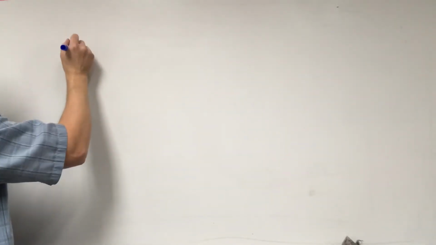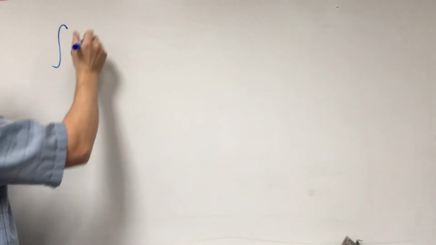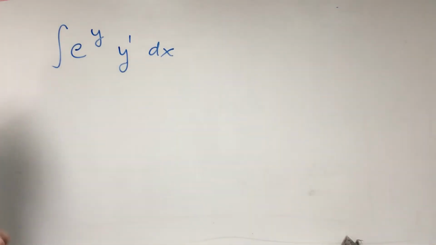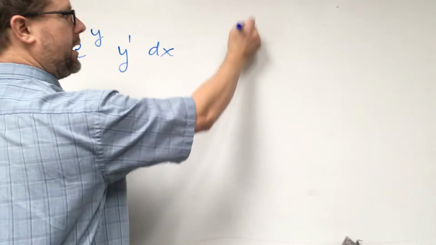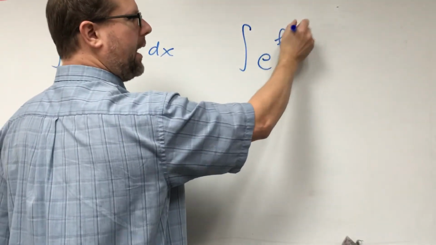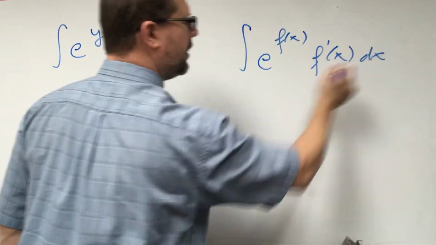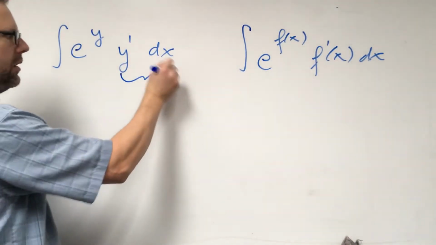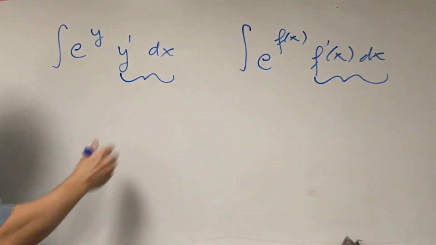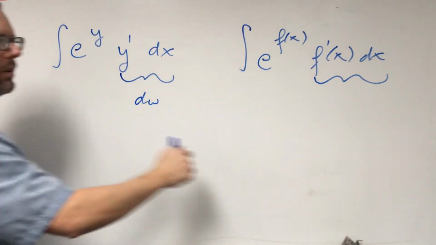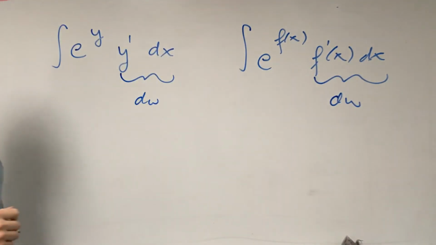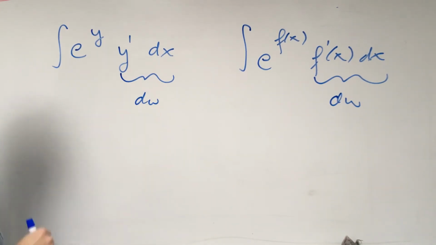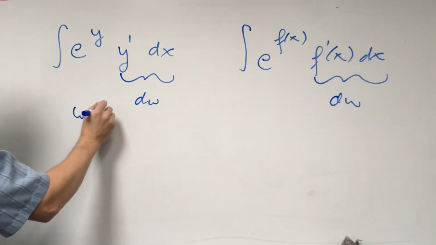and so if we had the integral of e to the y times y prime dx, that's pretty much identical to the situation we had a moment ago with e to the f of x times f prime of x dx. In both cases, the dw is the derivative of a function times dx. So we can replace the y prime dx with our dw if we're assuming that w is equal